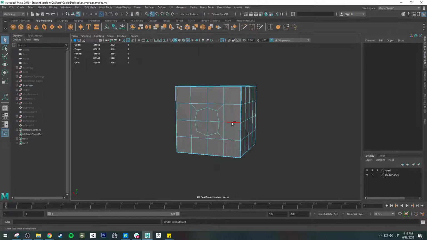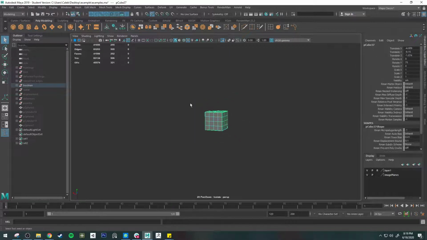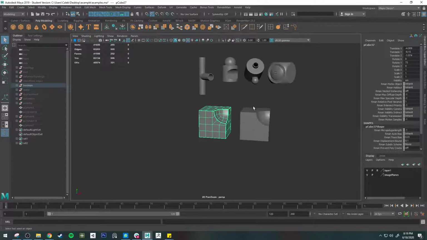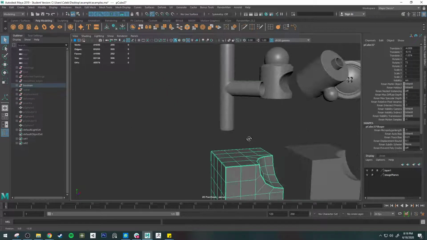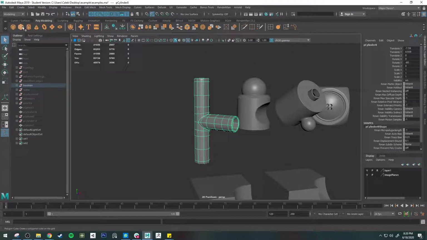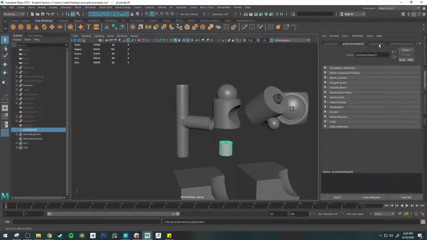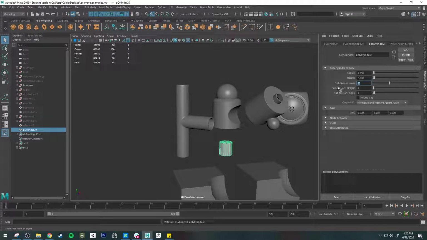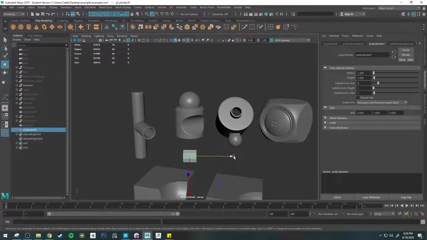The other thing we could do is a lot of times I'll do this with booleans if I don't have a standard boolean kind of attachment. Or not even boolean, if I'm going to do merging of one surface onto a rounded surface. So let's take this cylinder. I'm going to create a new cylinder. I'm going to go to the attribute editor, polycylinder, and I'll just set this to something like 8, pretty low, just to make this easier. Hold J to snap my rotations, get it to 90 degrees, move it over, put it here,